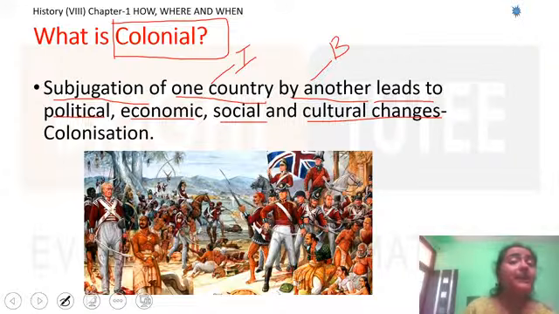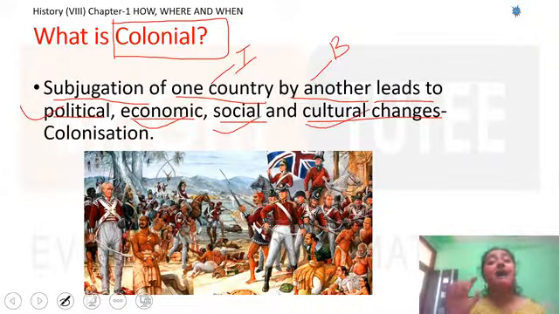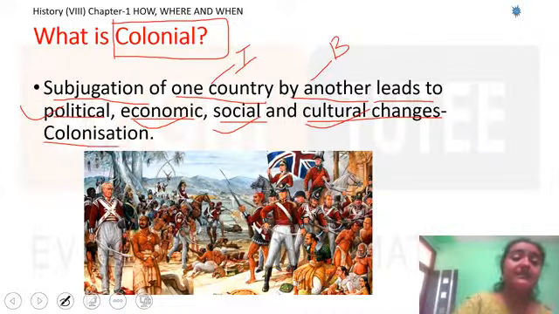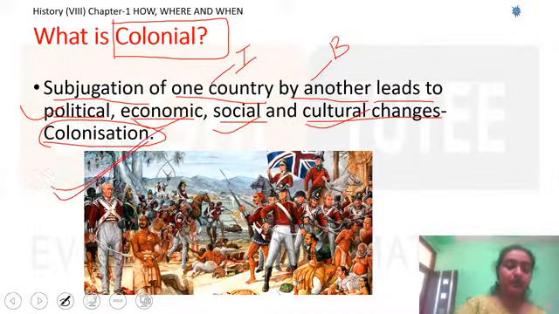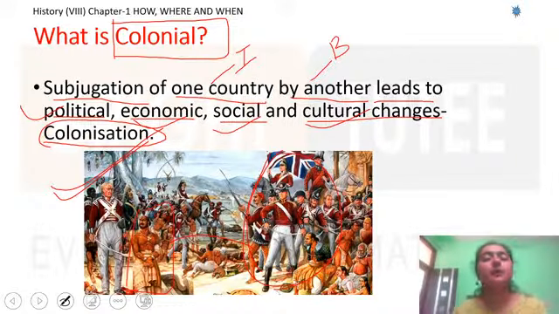So what kind of subjugation? Political, economic, social, cultural. In every field, when there is subjugation of citizens or people, that is colonization. This picture depicts the feature of colonization, where these people, the British, are colonizing the Indians. Okay students,